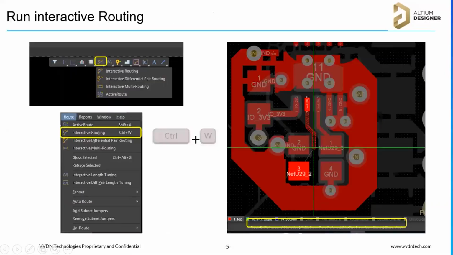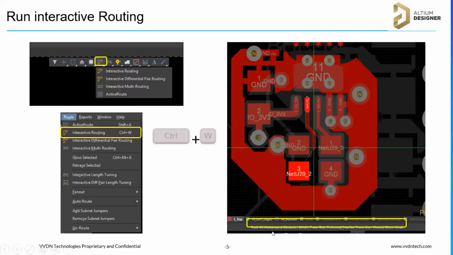And the next one is interactive routing, where we can select the option. There are different ways. Either you can use the active bar, which appears inside Altium 2. You can select whether you are going to route a single net, differential pair, or multiple nets. So there is an active bar to select, or you can go to the Route menu and select Interactive Routing, or we can use the Control W shortcut as well. And when you route the signal, you can choose whether to mask the other objects, so they are in shadow mode and only this signal is highlighted, which makes it easy for us, right?